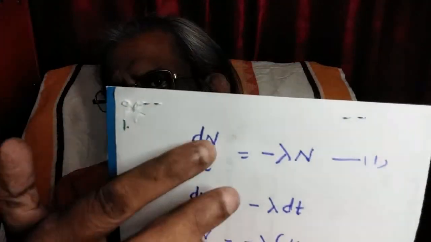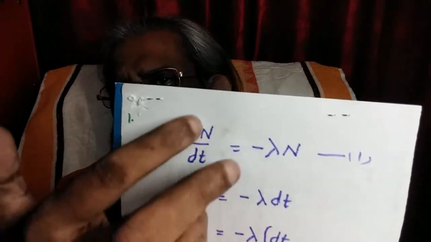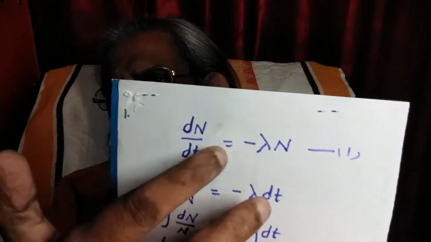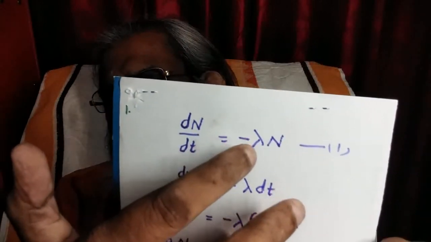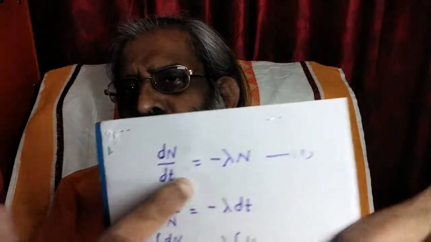So we put a minus in advance to show that N is a decreasing function of time. dN by dt equals minus lambda into N, where lambda is a constant called radioactive probability or disintegration constant or decay constant. So this is the basic law of